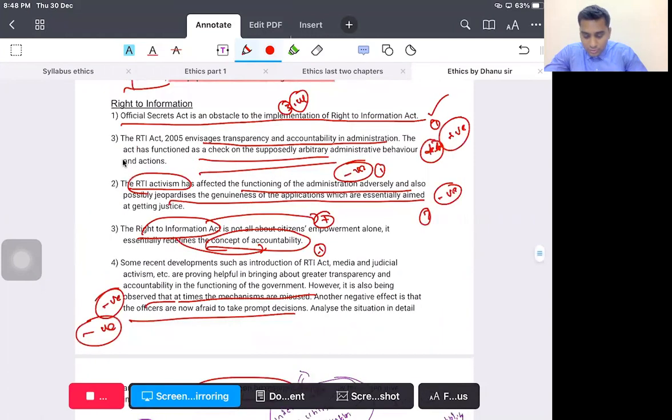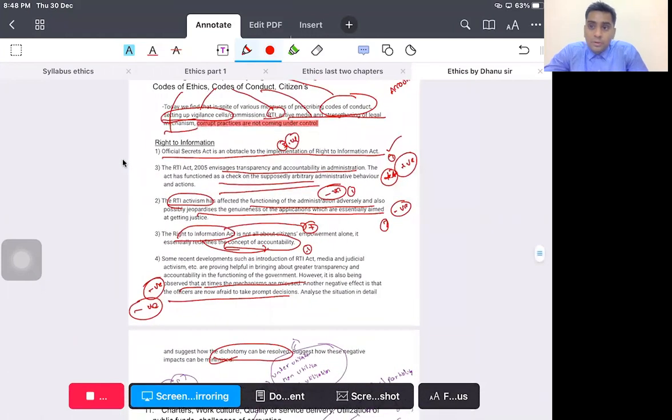So in the previous year questions itself, my point is you have what are the challenges for RTI, and what are the advantages of RTI. So you can use the same data to construct an answer for good governance or any concepts that we are discussing. Again, what I wanted to reiterate is, don't divert,